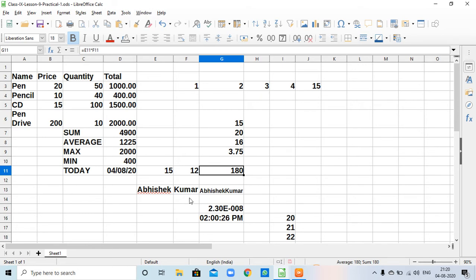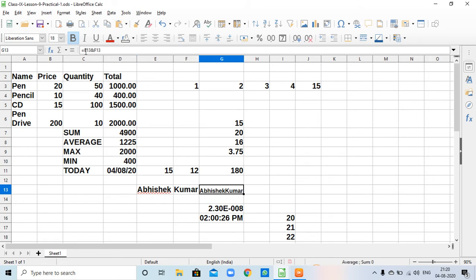Next one is for string operations. The ampersand operator is used. Here the value in E13 is Abhishek and in F13 the value is Kumar.